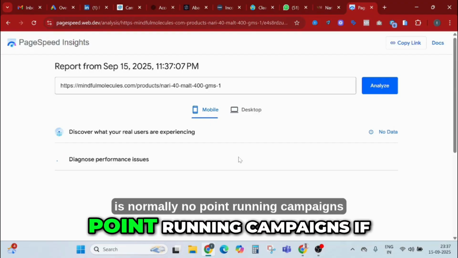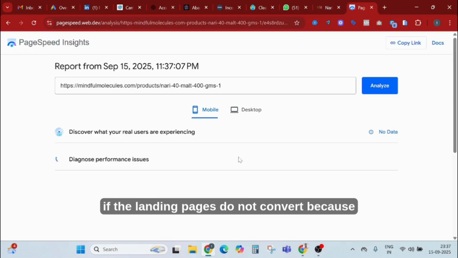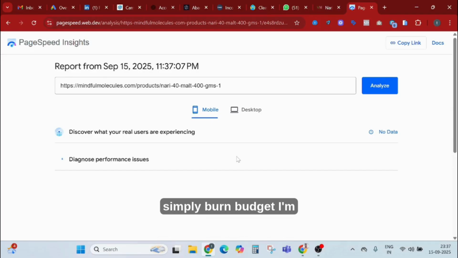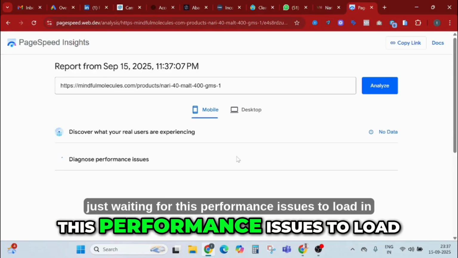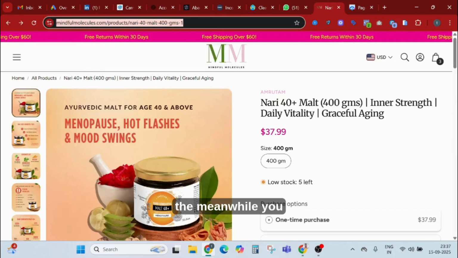There's normally no point running campaigns if the landing pages do not convert, because it will simply burn budget. I'm just waiting for this performance issues to load. In the meanwhile,